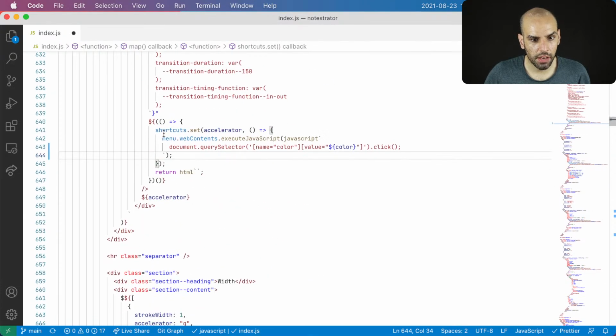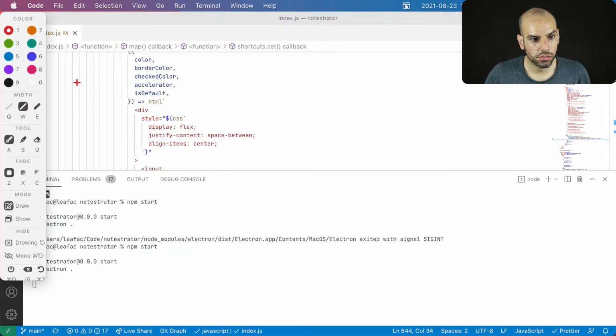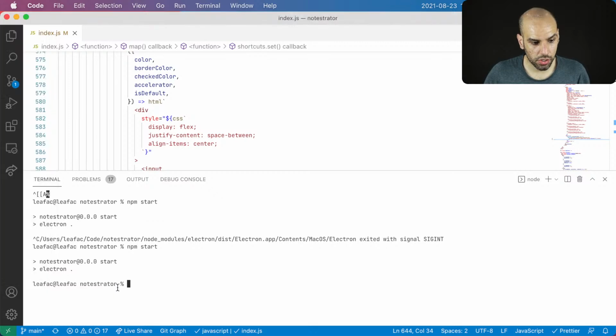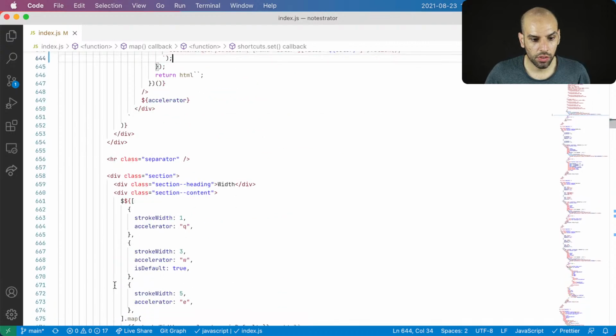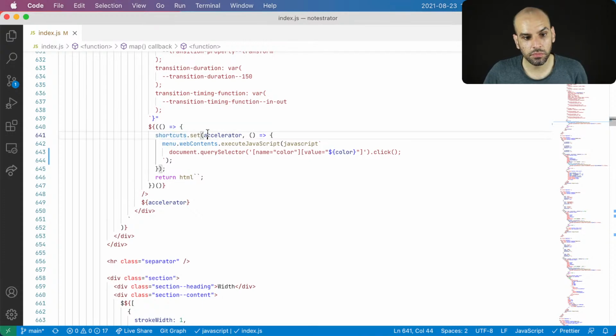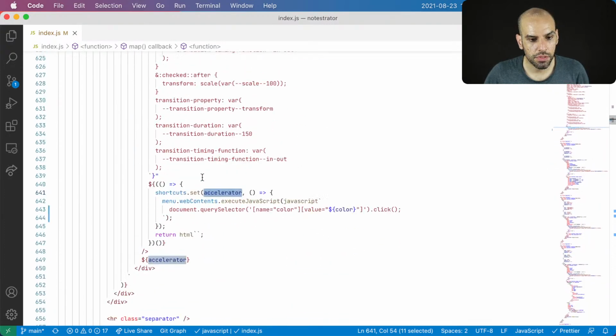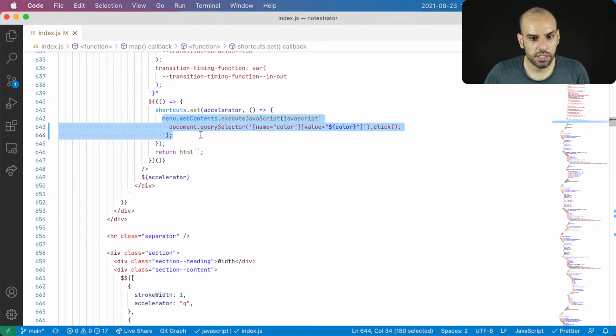In this case, for instance, I have a keyboard shortcut to change the color. I can show you the exact one. So these color changes, they can be triggered by the keyboard. I am typing different letters on my keyboard or different numbers on my keyboard. It's changing the color, and the way that these keyboard shortcuts work, well, they are bound right here. Well, they're not bound, they're accumulated on the shortcuts map. The accelerator is just a variable that I have defined here, so it's just one of the numbers. And then this is what we want to run